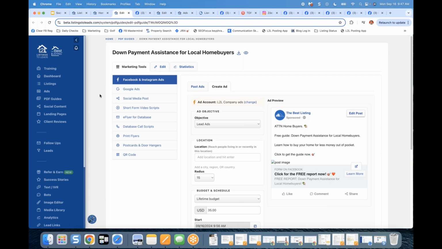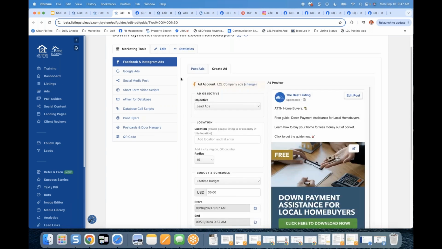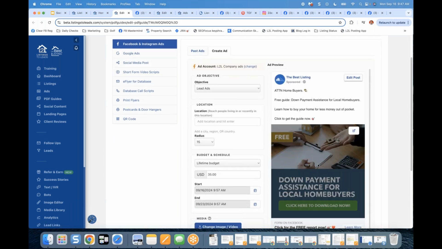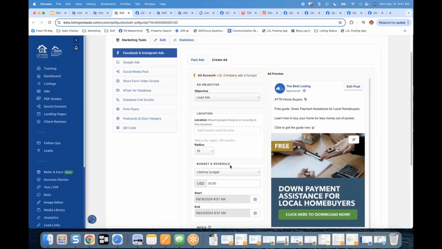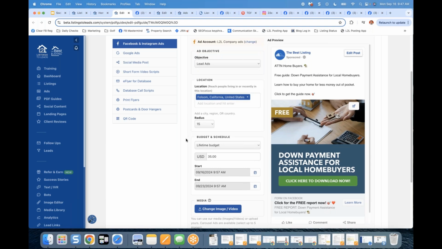If you have more, because again, I want to be sensitive. I want to be realistic here on budgets. So if you have even more budget, this would be a fine ad to run. All right. This is a good ad to run. These leads are typically on a PDF guide are going to come in at anywhere from $5 to $10, could be higher, depending on where you're at. They're more mid-funnel leads. So they're usually a little bit better quality in general,